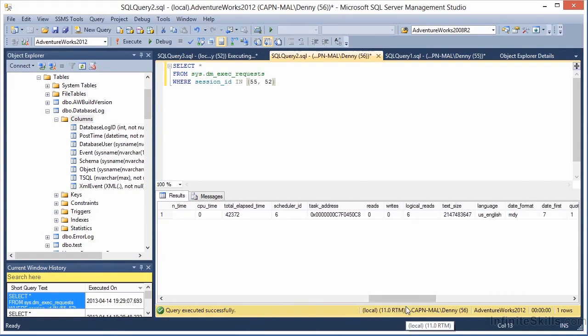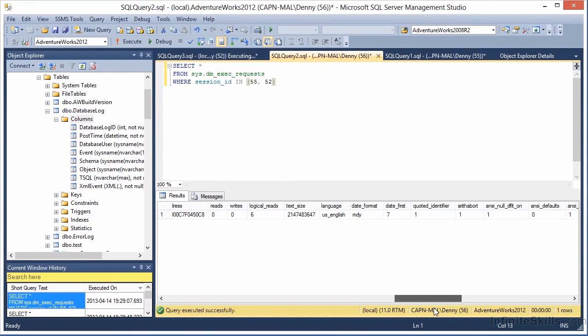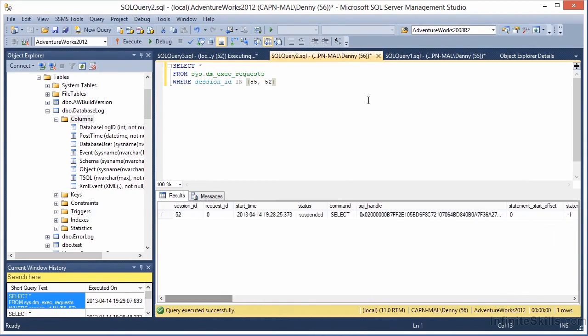We can see what scheduler we're waiting on, how many logical reads there have been, and then some various information about the session that we're looking at. So there's a variety of ways we can see what query is being run that's causing our blocking. We can use the DBCC input buffer. We can look at execution sessions. We can look at the plan cache. There's lots of ways we can do this. I'm simply going to use DBCC input buffer